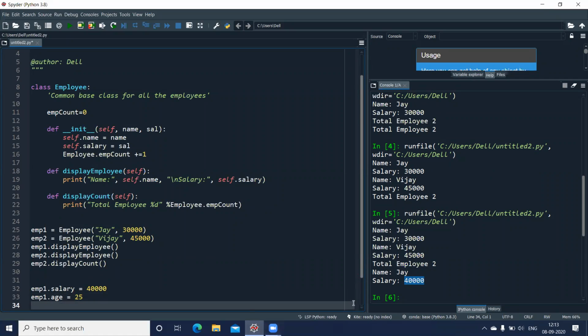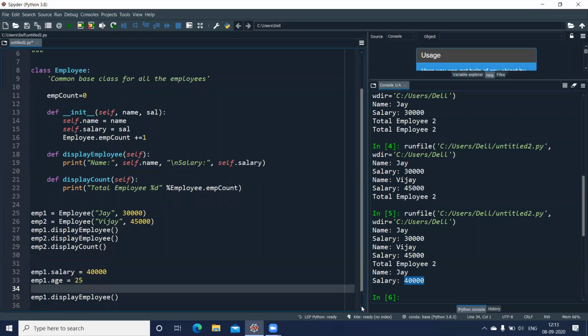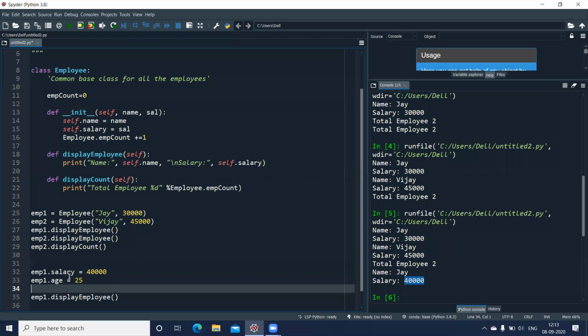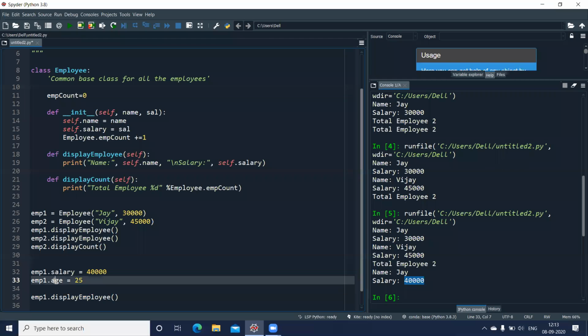Even though I have not declared any instance variable inside my class, so I don't have an age variable there, still from outside the class I can add one attribute like this. And when I display, it should give me the age.